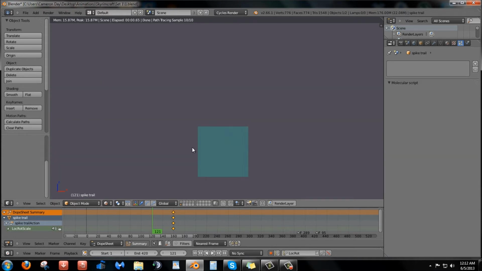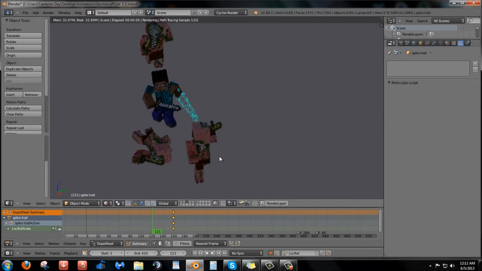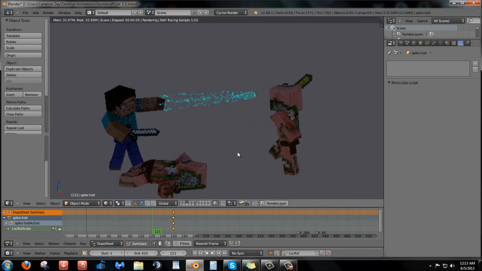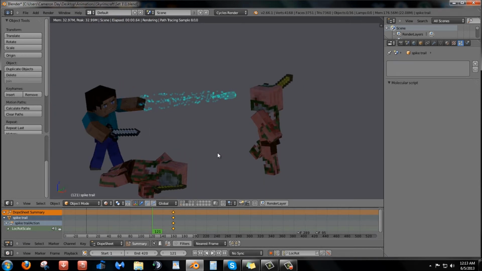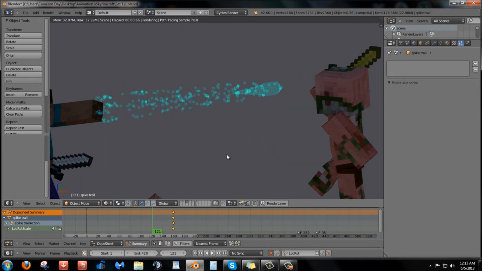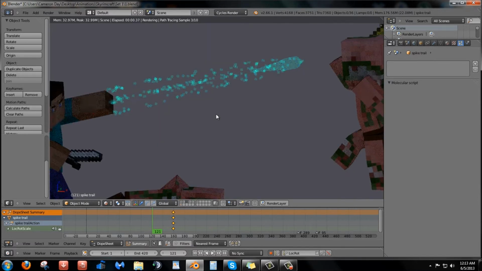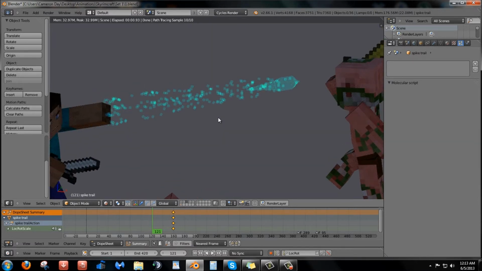I'll tell you what that is later, but this is basically the material of the particles that are coming out of the Ice Shard, and I have real-time rendering on right now. Anyways, back to that. I'll just keep real-time rendering on, just to show you guys. That's basically what it'll look like, excluding motion blur, which actually adds a lot to it. Makes it look not as bad as it does right now, that's for sure.